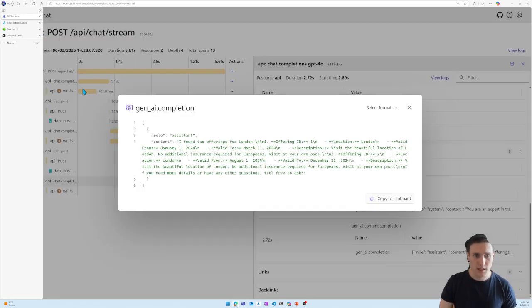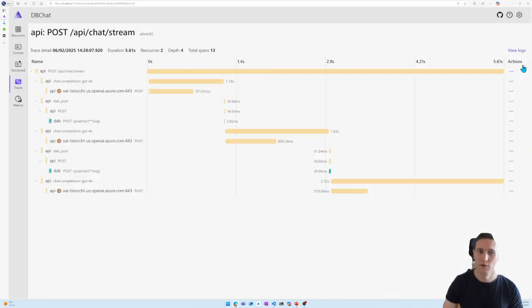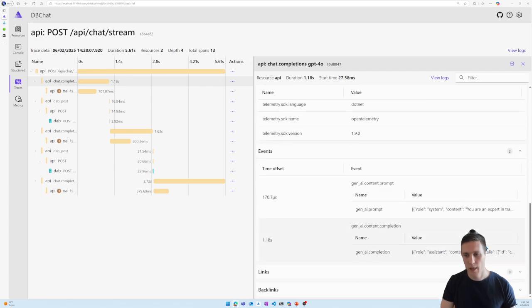So this is super nice because, first of all, we've got a solid scenario in which we can talk with our database and we can take a look and see what's happening under the hood. So if something goes wrong, we can always come back here and take a look at what's happening. Like if I get a wrong call against data API builder, I can always go ahead and say, okay, what did the LLM tell semantic kernel it should run as a query? So I can go ahead and debug that and maybe adjust my prompt